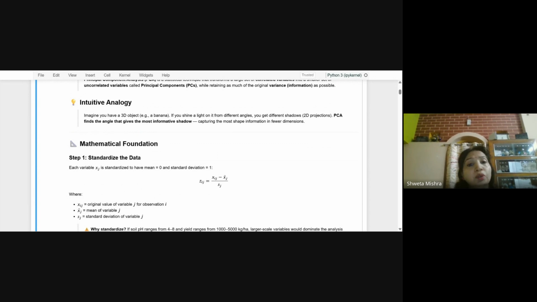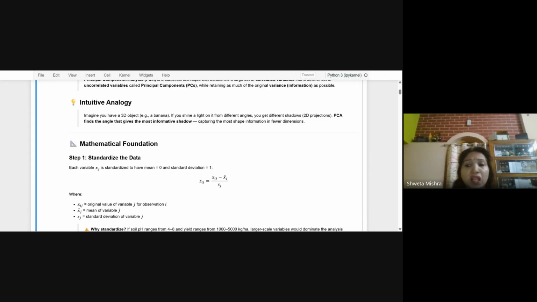Before doing anything, we must ensure that all variables are on the same scale. This is very important, because sometimes without standardizing the data, it may lose information, or it may provide information which is not actually relevant, or that is not based on quality, that is only based on